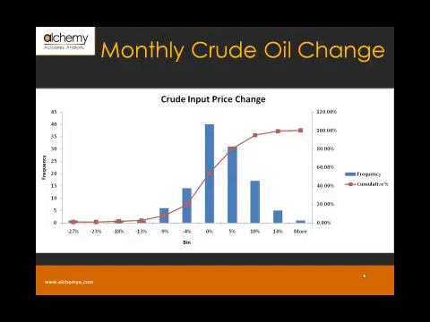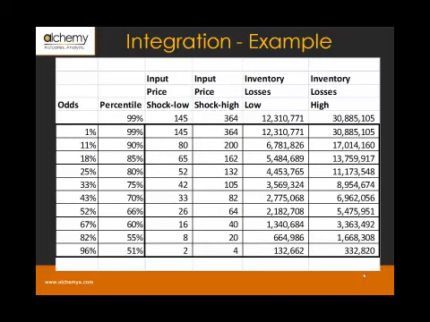And then take this graph and translate this into something along these lines, where what we're really trying to do is take the price shock. So the highest price shock that we could see in a low volatility environment is about 145. In a high vol environment, it's about 364. So we're saying, prices can go as low as,